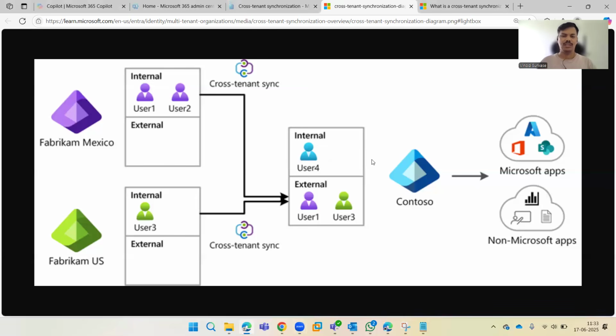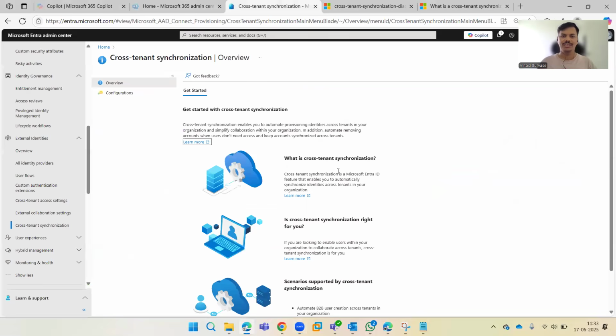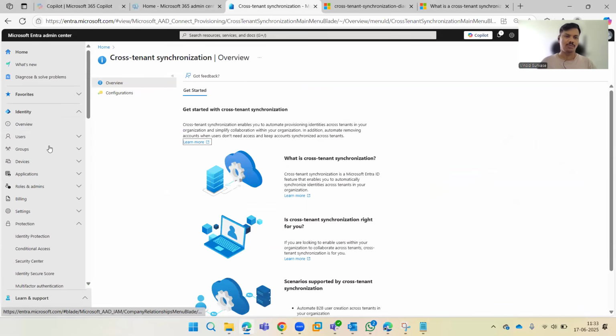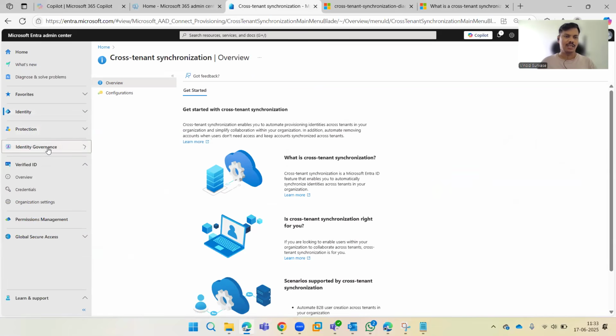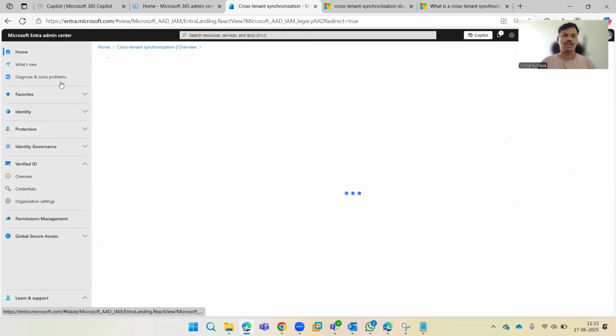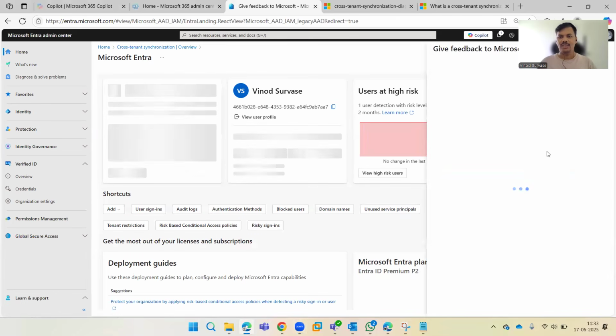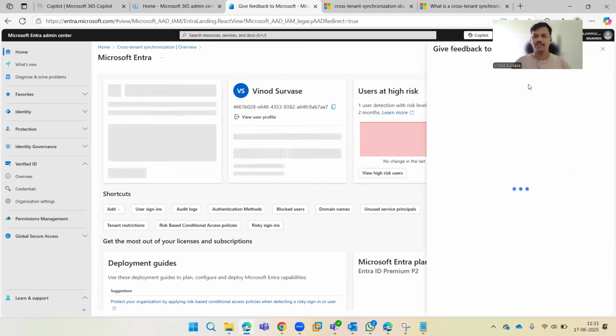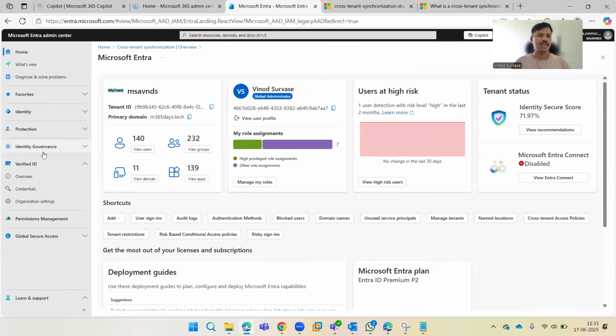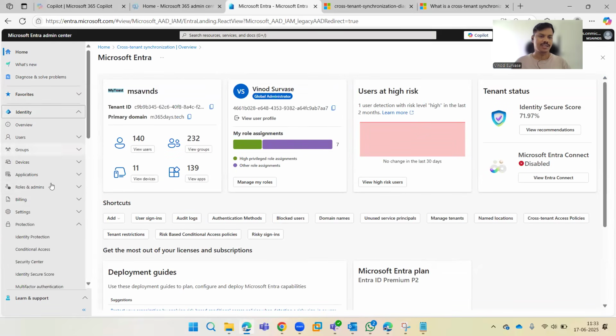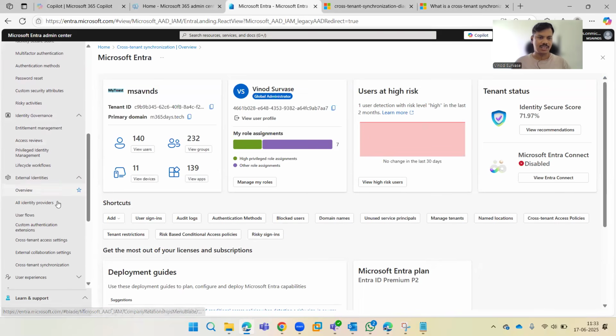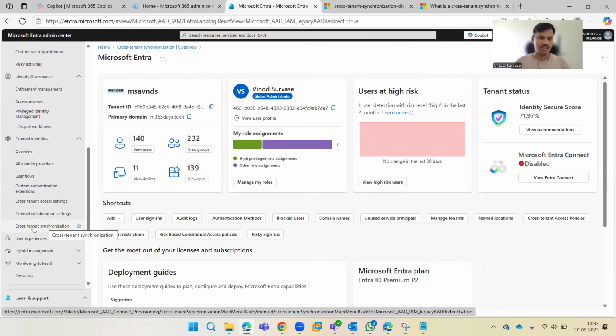So let's jump onto the settings and configurations, which I'm going to show you, and we will be able to set it up, right? So here are the settings. I'll show you from the beginning. From here, I'm on the Entra tenant, all right? And from here, we can simply go back to Identity. You can see that under External Identities, here's the option, which is Cross-tenant synchronization. Also, there's a setting